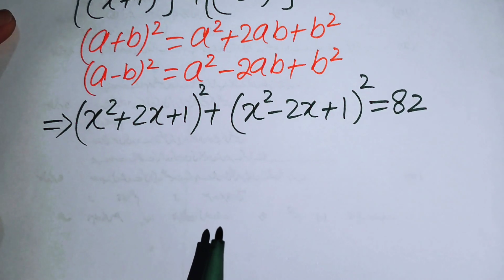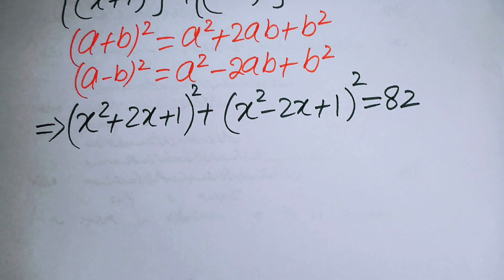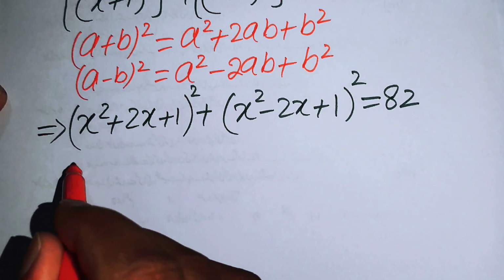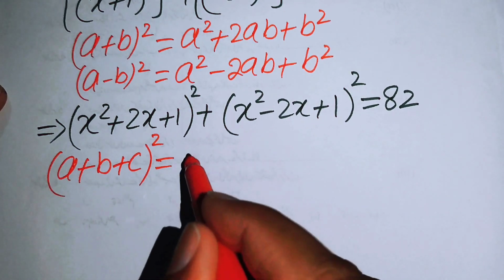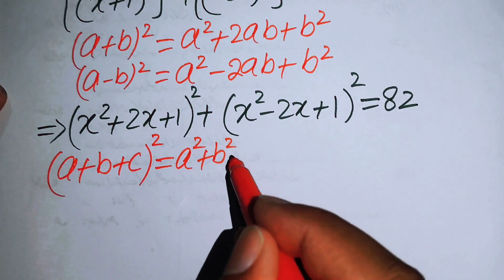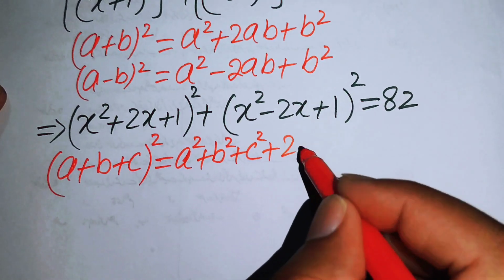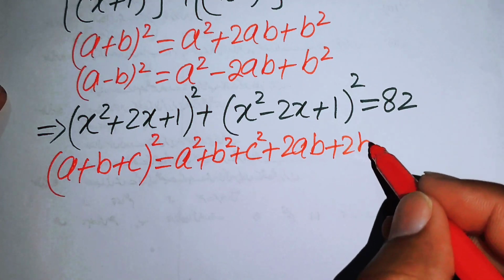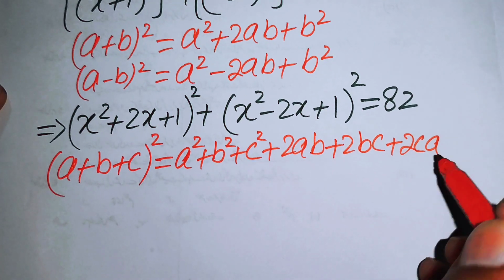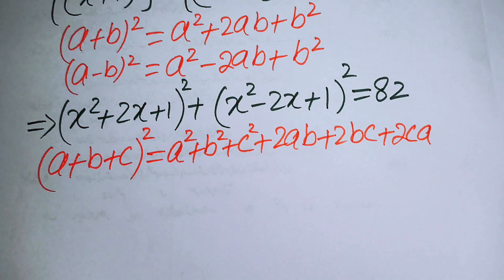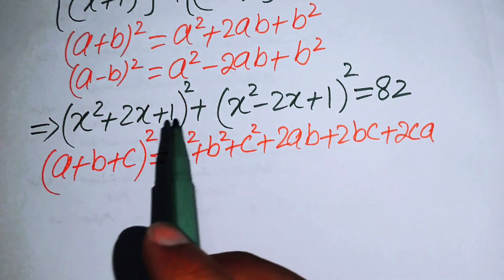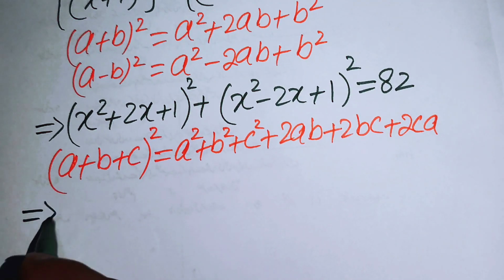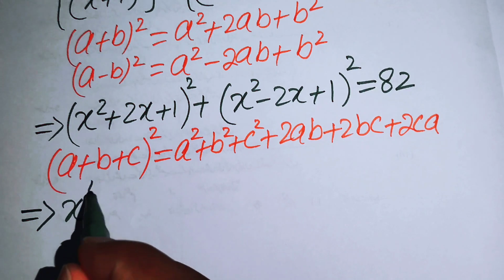After that, we can apply another nice formula: if you have (a + b + c)^2, it is equal to a^2 + b^2 + c^2 + 2ab + 2bc + 2ca. Now we can use this formula on both of the above terms, so that after applying it on both you get the output in the form of x to the power of,